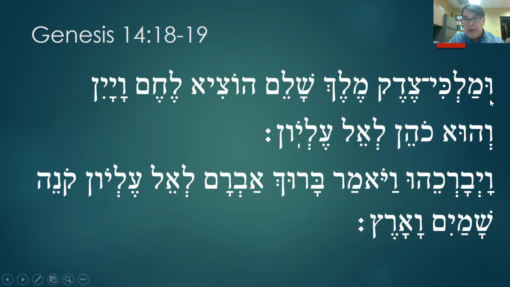This is a shuruk. Okay, it's a vav with a dot in it, a dagesh. I guess it's not really a dagesh, but anyway, maybe it is. But it basically tells us that this is a long U. I transliterate it as a U with a hat on it. Next letter is mem. Next vowel is patach. Next letter is lamed. This is a silent shva, which means it closes the syllable. We have a short vowel here. A shva followed by a short vowel is a silent shva. So umal.